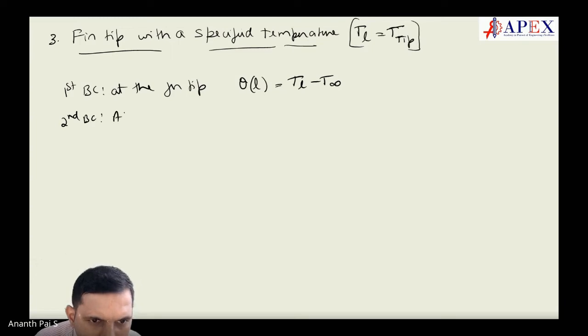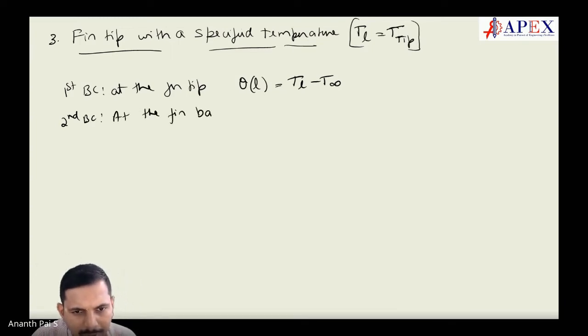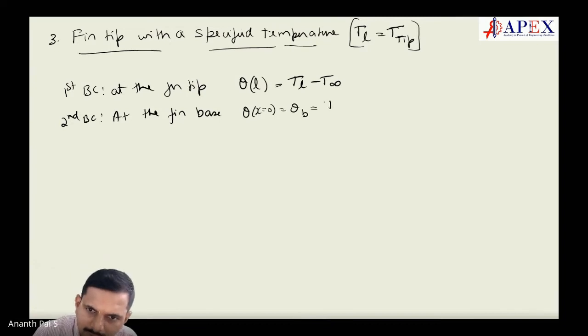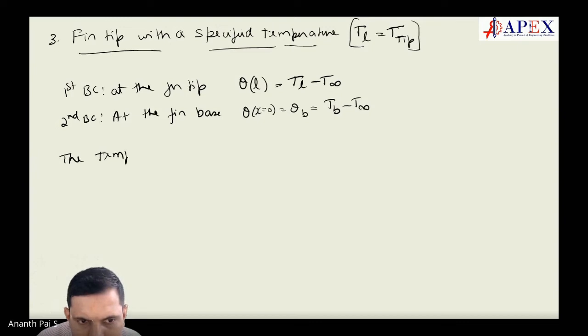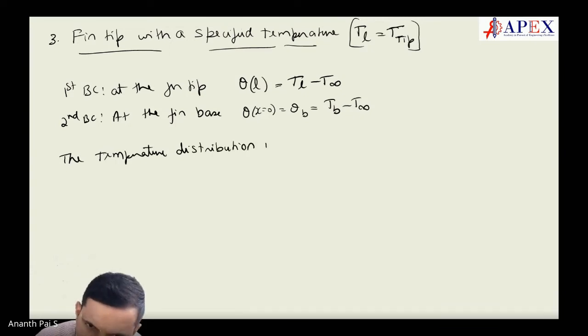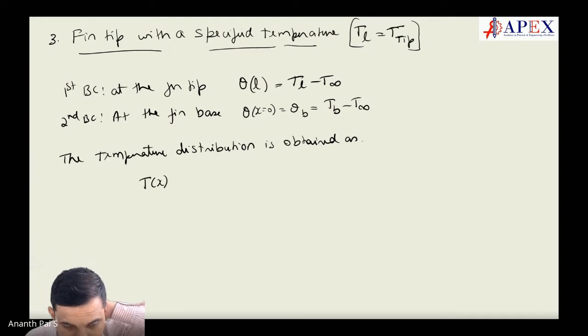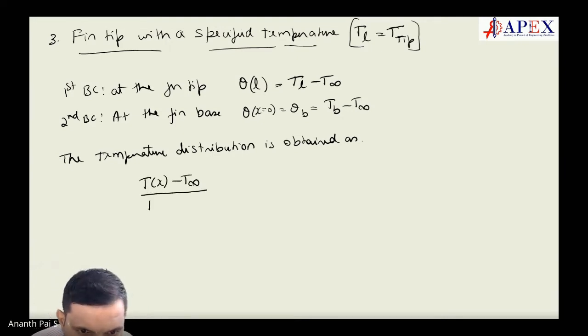Second boundary condition would be at the fin base, theta B: theta at x equal to 0 is equal to theta B, which is TB minus T infinity. Both are specified. So here the temperature distribution, after getting C1, C2, everything, is obtained as T of x minus T of infinity divided by T of B minus T of infinity is equal to